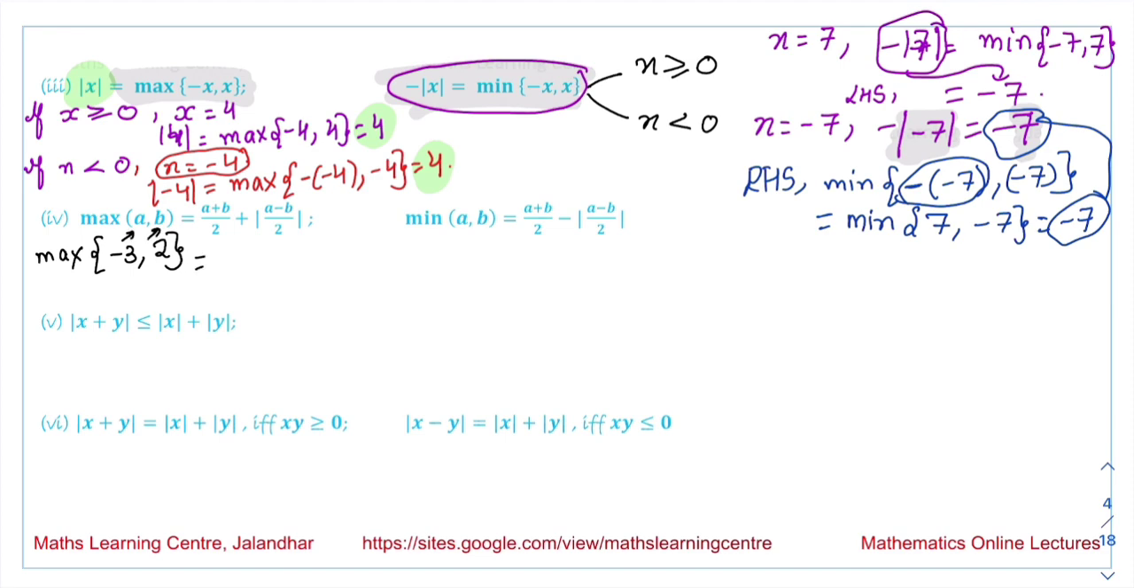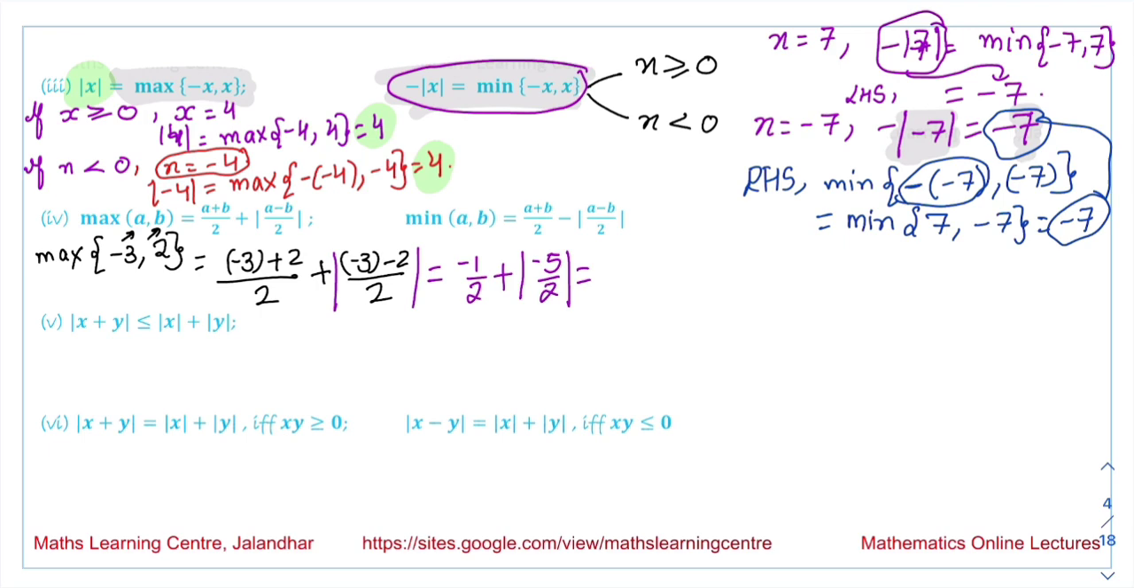So the formula we can apply is equal to (minus 3 plus 2)/2 plus |minus 3 minus 2|/2, and it is mod on this value. This value contains the modulus of this number. So the answer we obtain is equal to minus 1 by 2 plus, what is this value over here, mod of minus 5 by 2. What is mod of minus 5 by 2? It is plus 5 by 2. So the answer we obtain for this is 4 by 2, and that is equal to